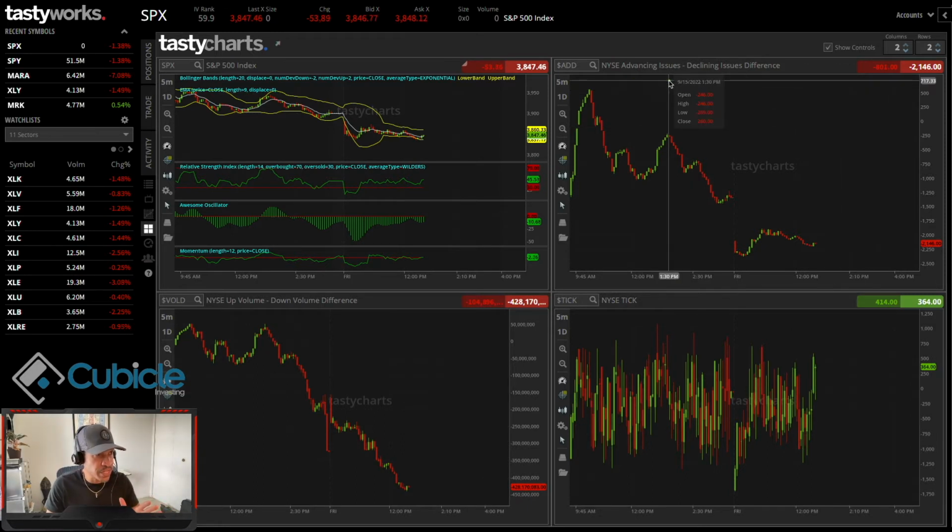It's advancing stocks minus declining stocks. So anytime this value is negative, that means there are more stocks declining versus advancing. Those two things, in addition to the market opening down this morning,